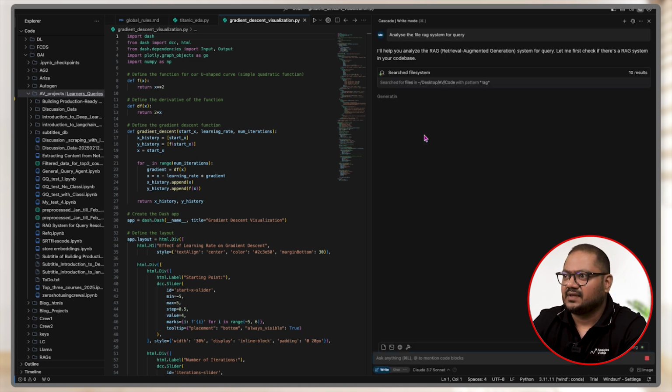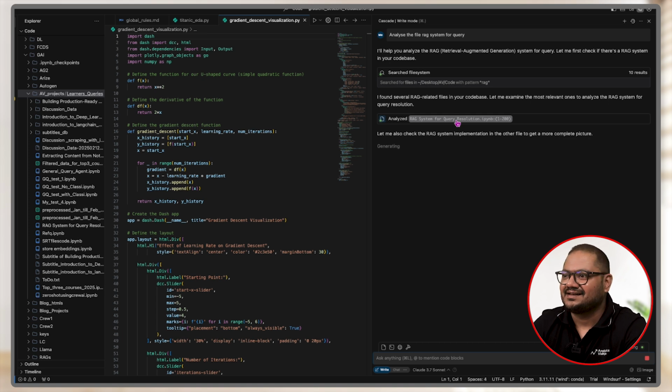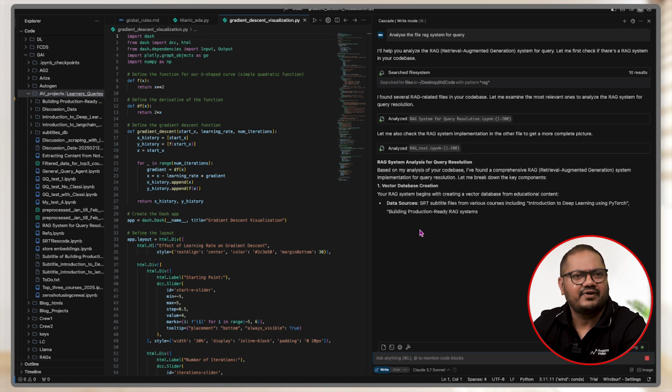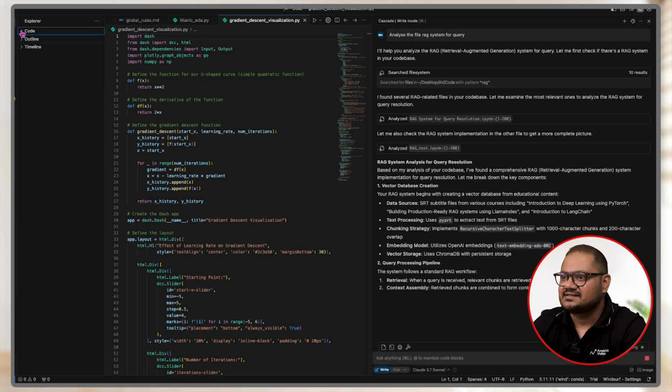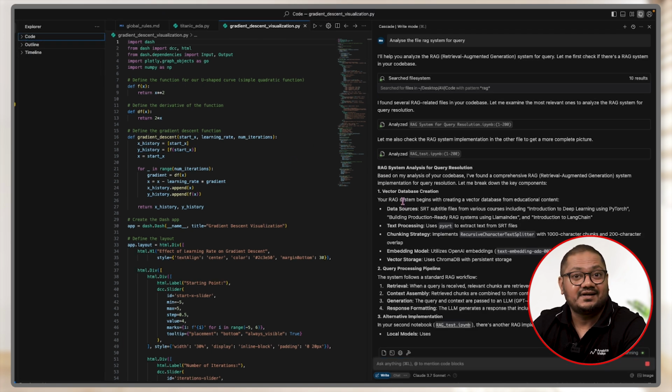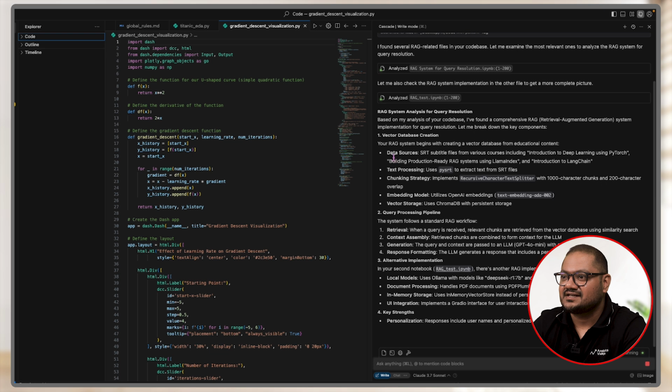Let's see if it works. Okay, so it's looking for the file, if it's there or not. And indeed, it has found the file. It is an IPython notebook, and it's giving an analysis. Oh, very nice. So it's telling us that what we did in this file was we created a vector database